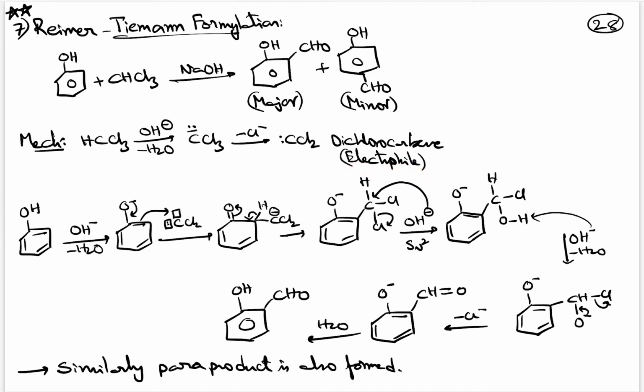Now this dichlorocarbene electrophile has a vacant orbital. When phenol is treated with OH minus, it will form phenoxide, and phenoxide with the dichlorocarbene intermediate, the pi bond will be shifted onto oxygen, the negative charge will shift to form the double bond and forms this compound. And from this, H plus ion will be shifted onto carbon, retaining the benzene ring here by shifting the pi bond onto oxygen. You will be getting this compound.